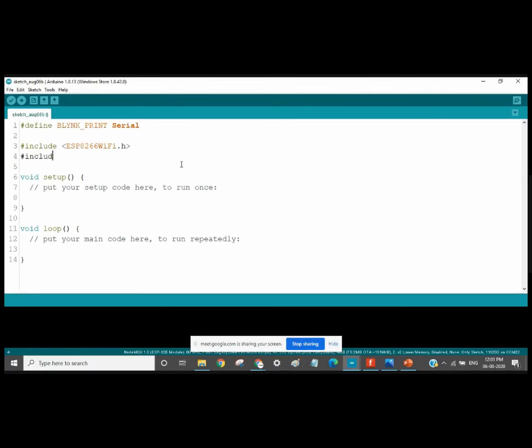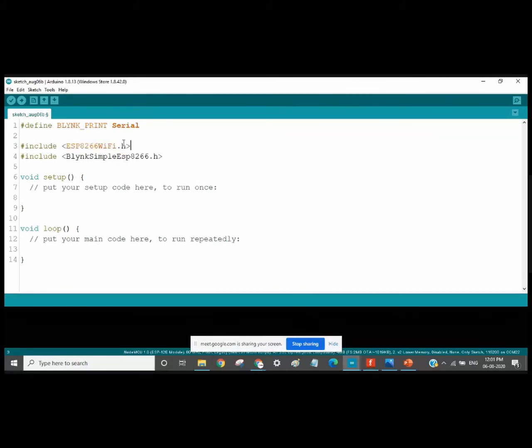This can be done by writing the #include statement with BlynkSimpleEsp8266.h. So we have included both the required libraries. If you don't use this library, you won't be able to communicate with your Blynk server. If you don't use the other library, then you won't be able to use your Wi-Fi communication.